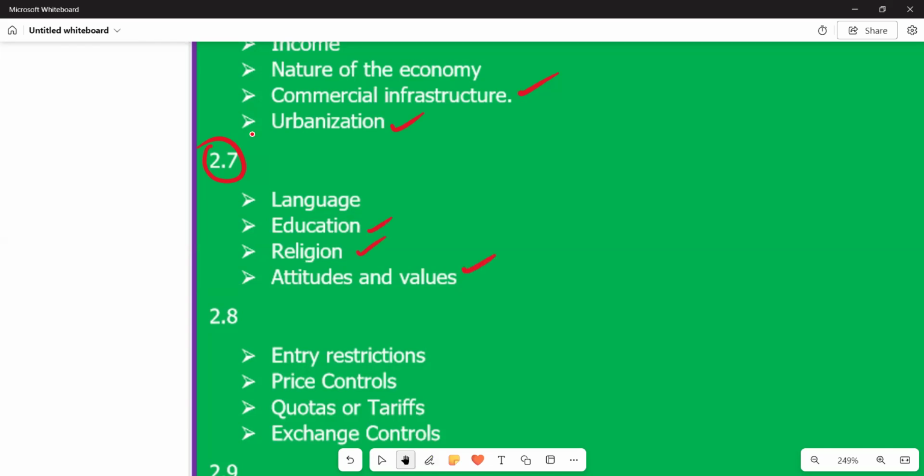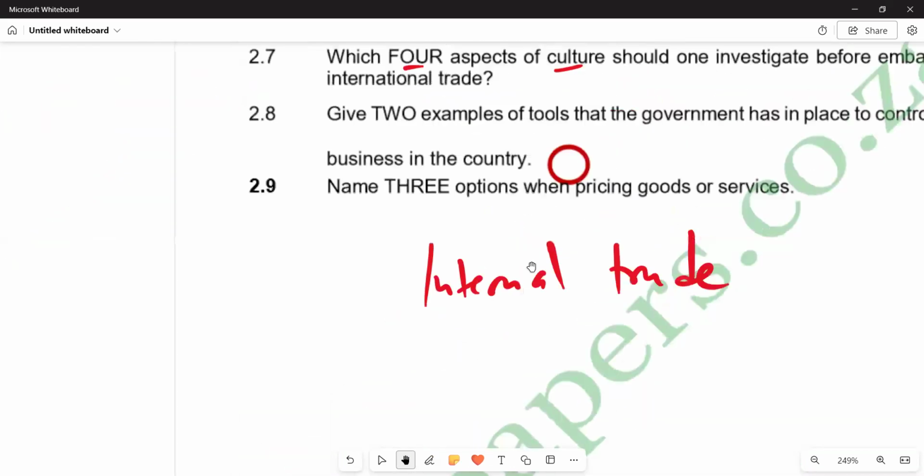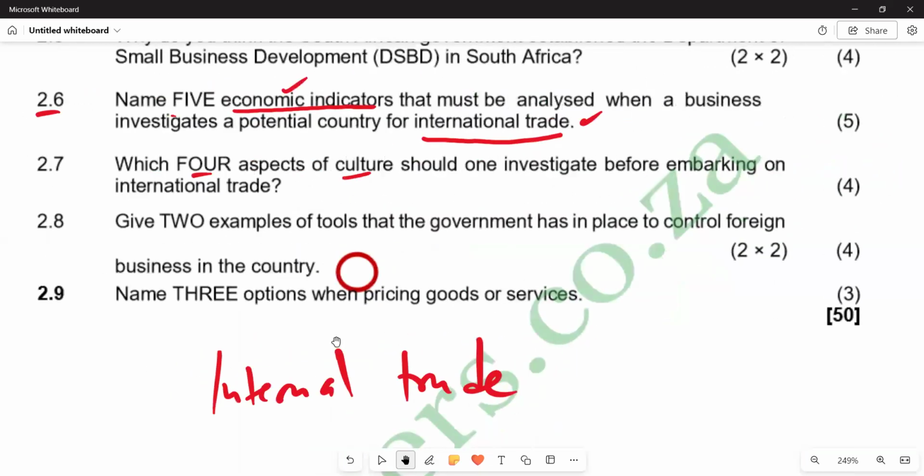So these are the responses that we have according to 2.7. So we can just try to see in terms of the next question that we have, saying 2.8: we've got the two examples of tools that the government has in place to control foreign business in the country. So the tools that are being asked is what are the tools that can be put in place